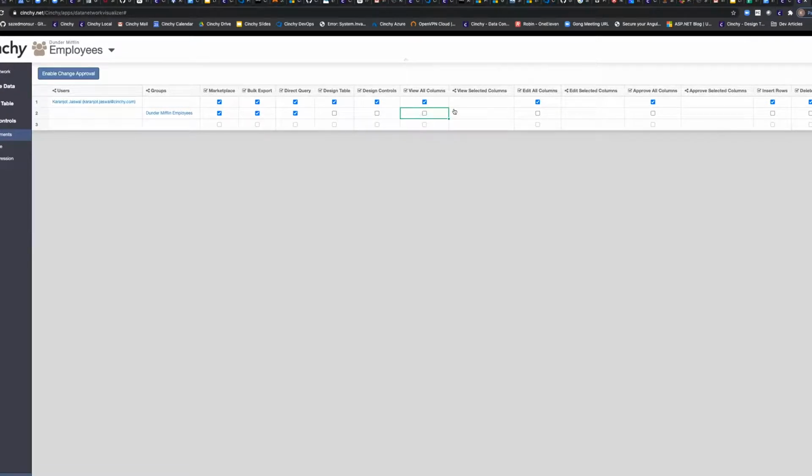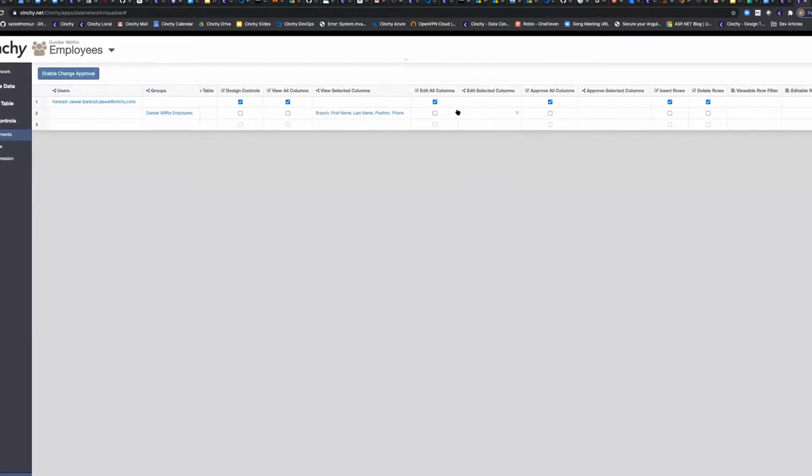Then moving on, you have the ability to grant access to either view all columns or specific attributes. In this case, I don't want to grant an entitlement to view all columns. Instead, what I want to do is grant the non-sensitive attributes. So let's start there. I want to grant access to branch, first name, last name, the phone number, and the position. Okay, so I now have these 5 attributes that I'm provisioning access to.